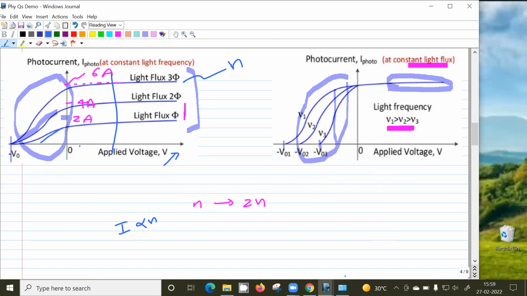Sir, what is that y-intercept, sir? The y-intercept of that graph? That is not of much significance. It will correspond to the applied voltage being 0. So without the applied voltage,